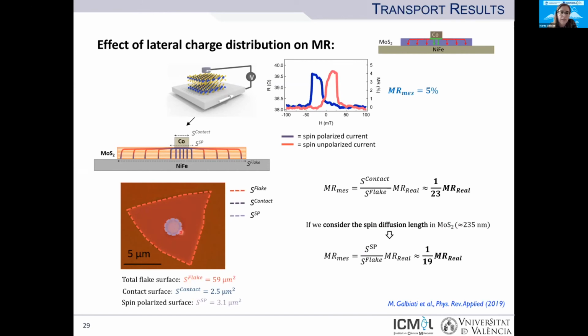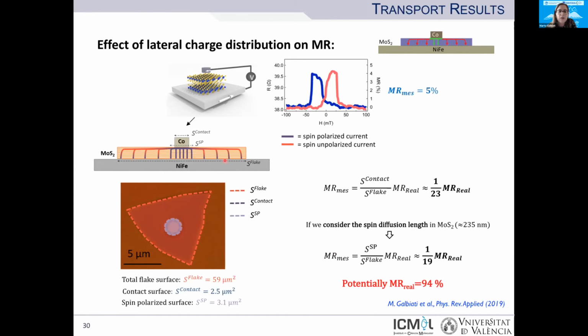So still we have a lot of current that contributes to the transport, but it loses the spin polarization. Roughly, we can estimate that the magnetic resistance that we measure, which takes into account the wall current, the spin polarized and the spin unpolarized one, is about 19 times smaller than the real magnetic resistance that we could measure if all this current maintains its spin polarization. So we could potentially have a magnetic resistance up to 94% in this device if we didn't have this